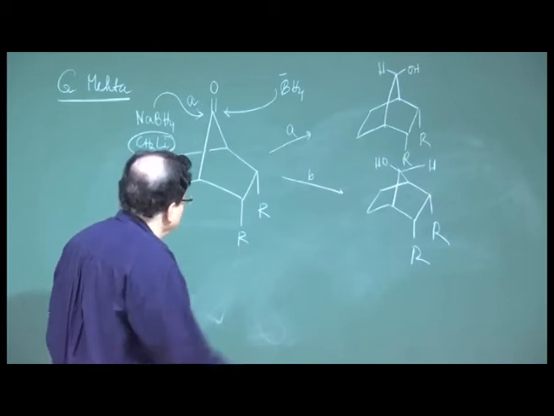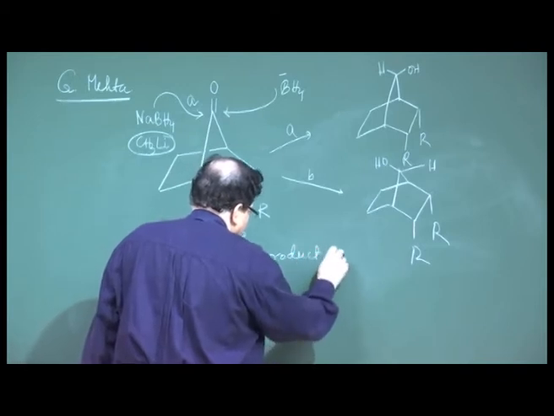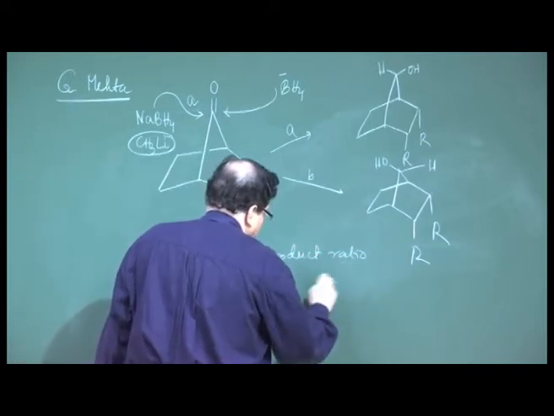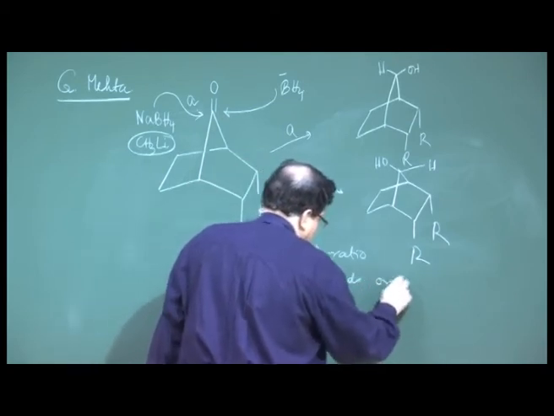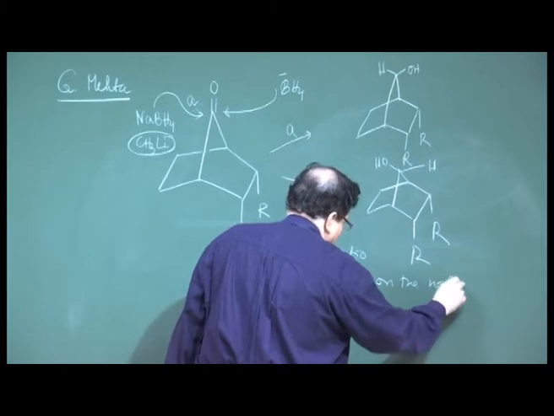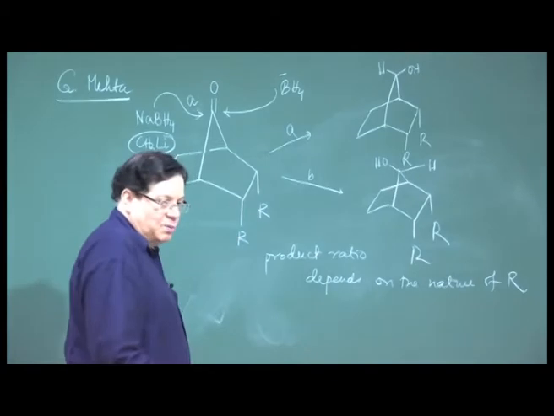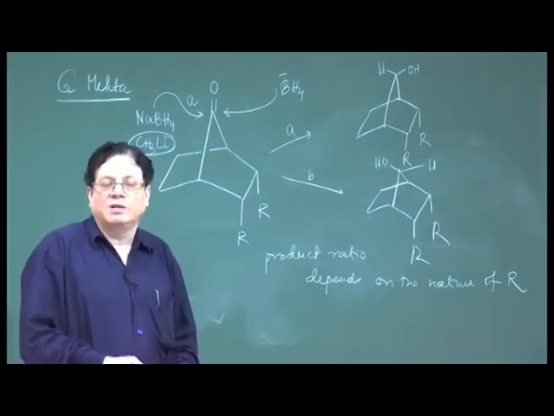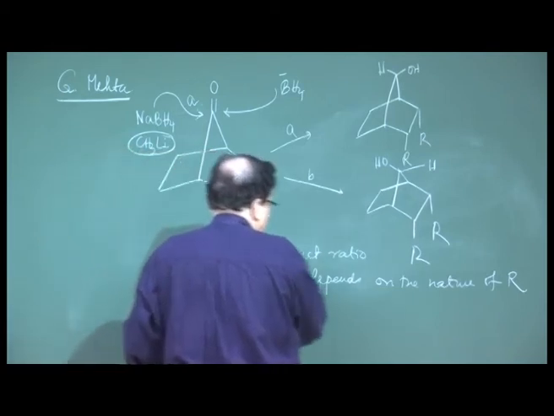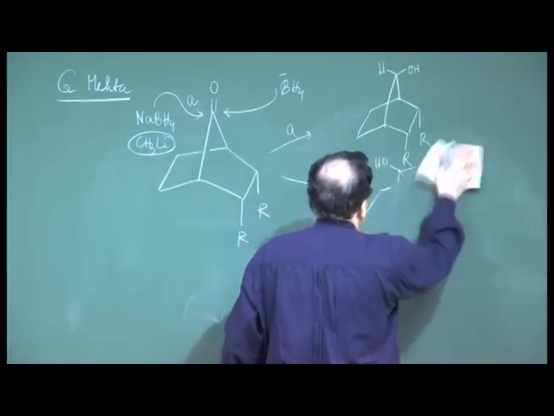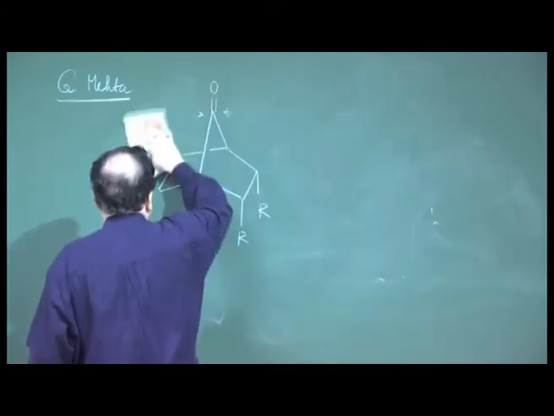So, what he found was that the product ratio depends on the nature of R groups. Okay. R groups can be of two types, either electron donating or electron withdrawing. Okay. So, that is the first thing, that it depends on the nature of R. So, how does it depend? Now, let us draw the orbital picture like what Cieplak did, that